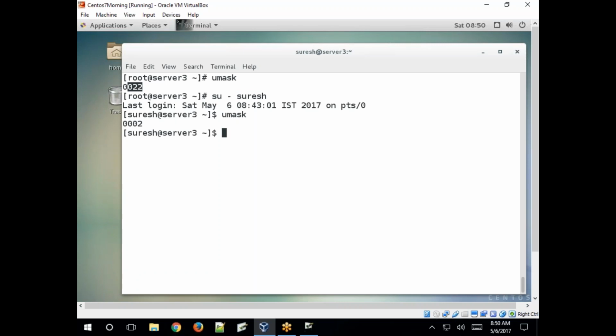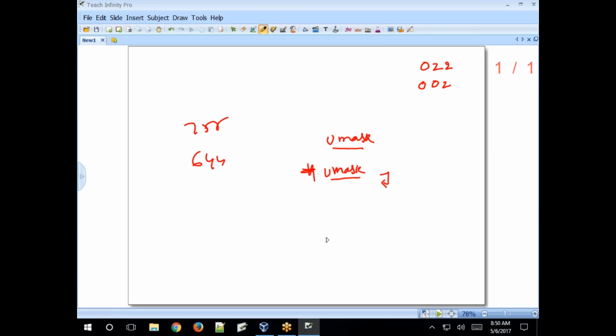Fine. So how to set this? What is the mask value? How to calculate this mask value? Based on this mask value, if you set mask value 0, so default, right? 002.